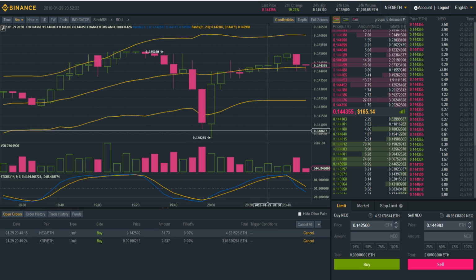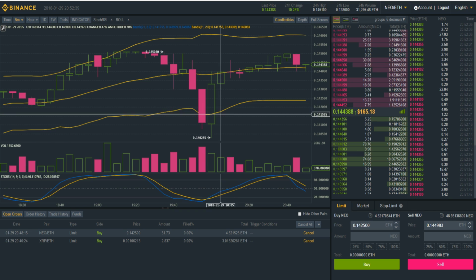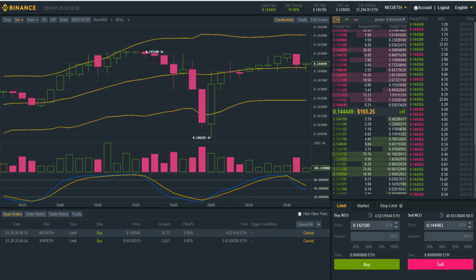There is a small trading fee, but it's even smaller because I do have BNB. I have Binance Coin, so my fees are cut significantly. Is Sub a trading pair of...